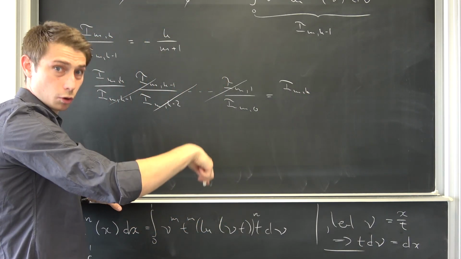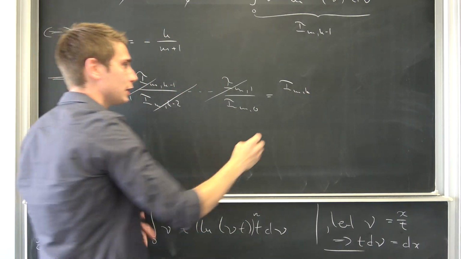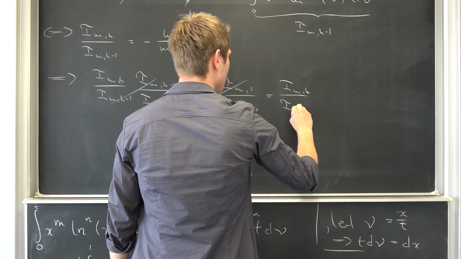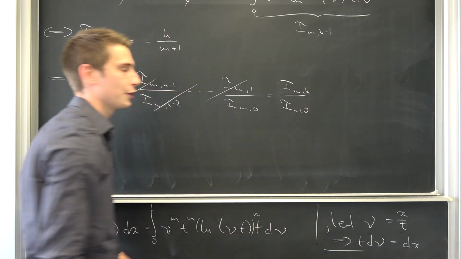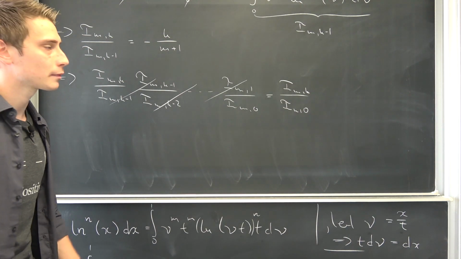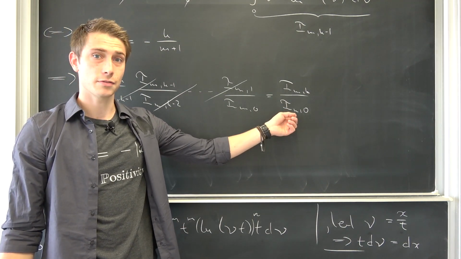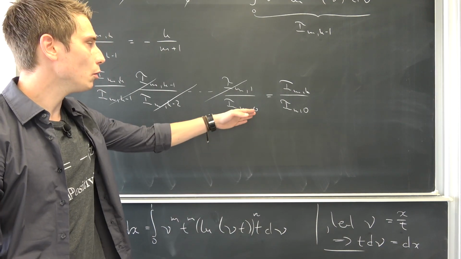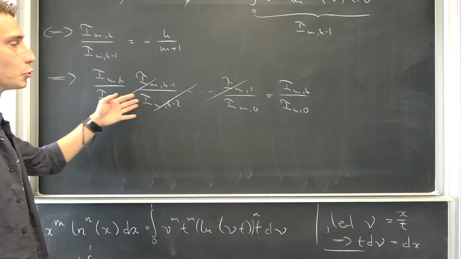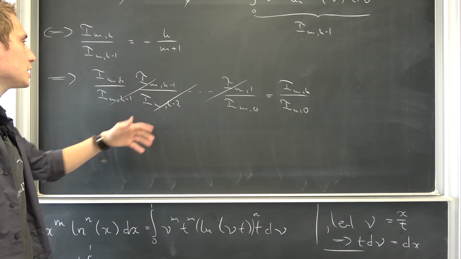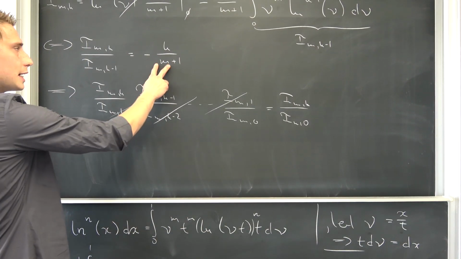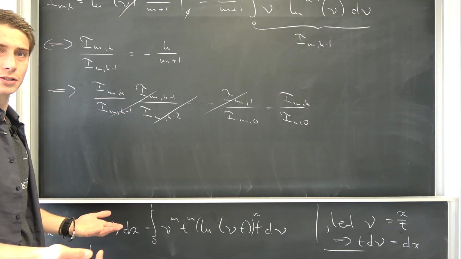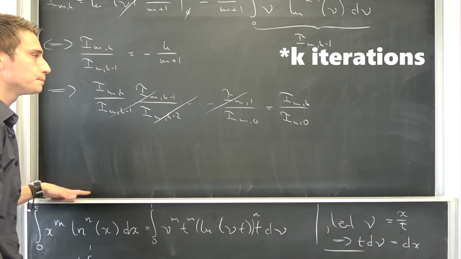Remember, this is the thing we want to find out. That's the basic thing we want to find out right here, over I of m comma naught. Meaning, if we could just find I of m comma naught, we would basically be done, because we know what this chain right here, this multiplication, is actually equal to. Well, it's just a multiplication of those members multiplied together, k minus 1 iterations.